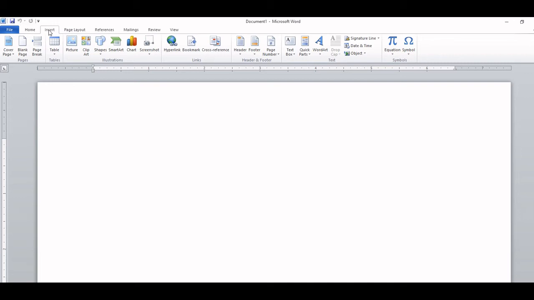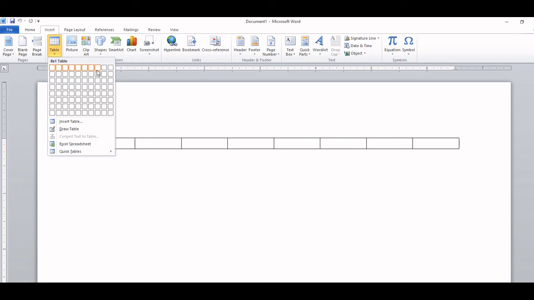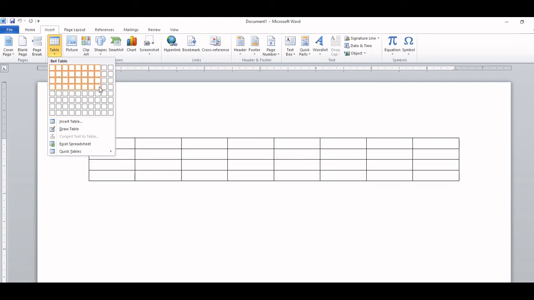Suppose I want to create a table where there will be 5 columns. Columns, you know, are horizontally aligned and rows are vertically aligned. So in my table, suppose I want to create 6 columns and 5 rows. Okay, so how to do it? Click on table. From here, by dragging and keeping the mouse cursor, you can just click from here. This is one way.